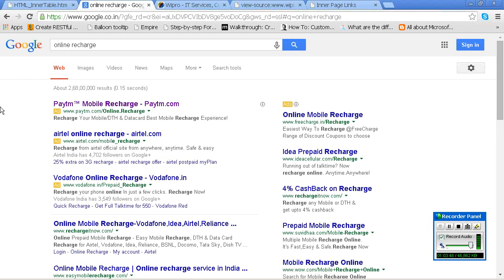Actually, the search engine is a very good application. It has a lot of value, because customers need to know about some product. In such a situation, what is the base for all people? Google. So if it needs to be available, you should have more searches. How did this Paytm come on top for online research? Yes, many people have searched for that. If I search online research, how come only that is coming in?